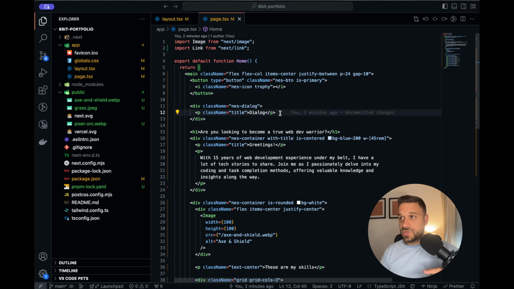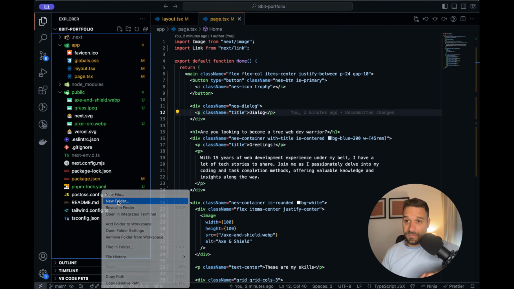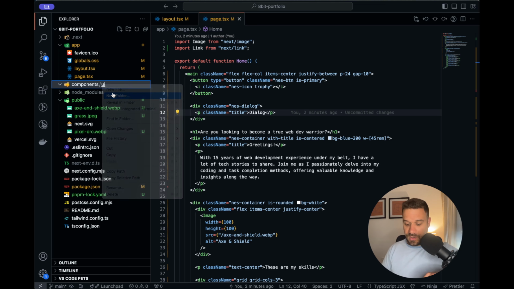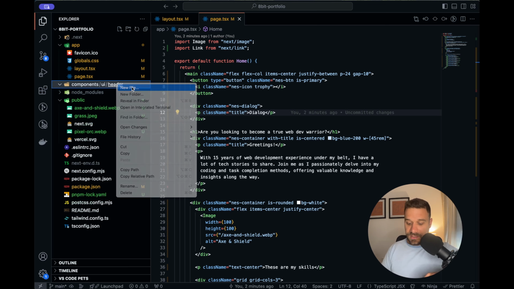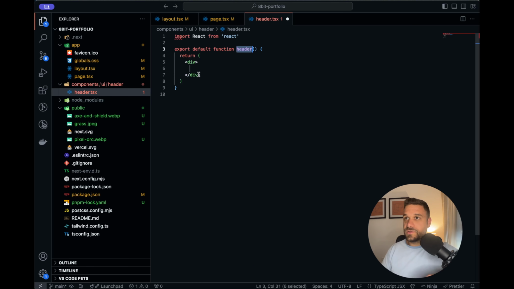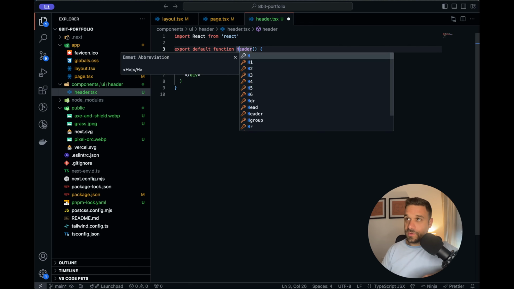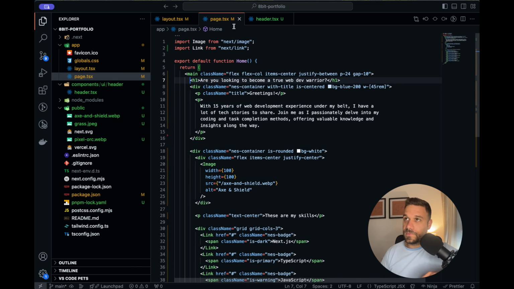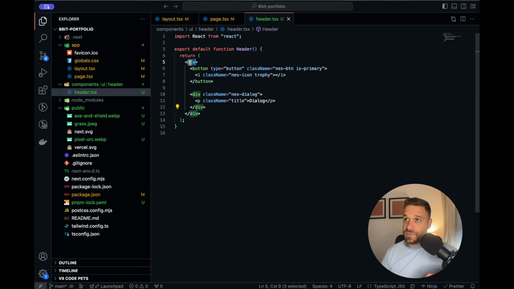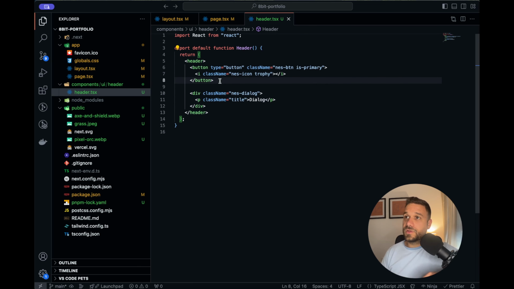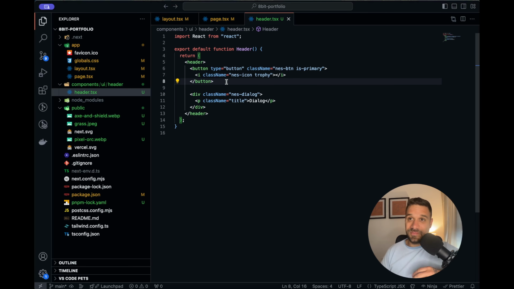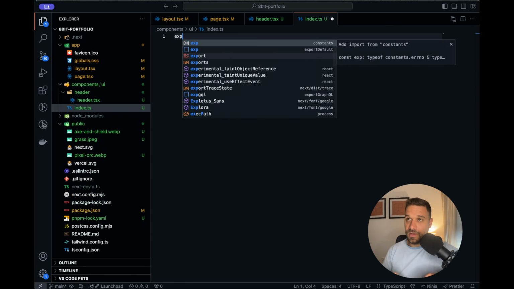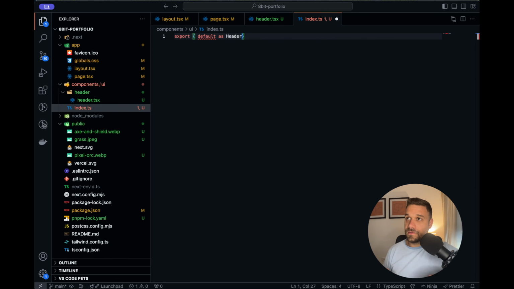And this title is going to be displayed conditionally, so we need a state for that one, and that's a great moment to create our components directory. And inside, a UI folder, and inside of UI we're going to create a header. So inside header.tsx, we are going to use the snippets to create our component, and we are just going to rename it here to header and move this entire part inside of our header. So because it is a header, we're going to use the header tag and not the div. And now what I always do in every project, inside of the UI folder, I create index.ts, and from there I export default as header